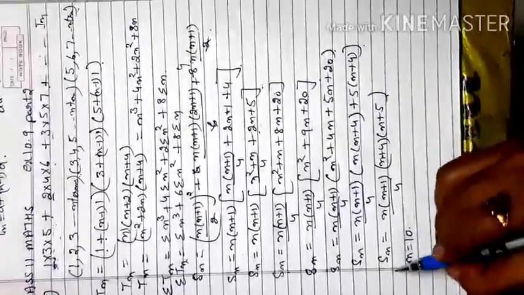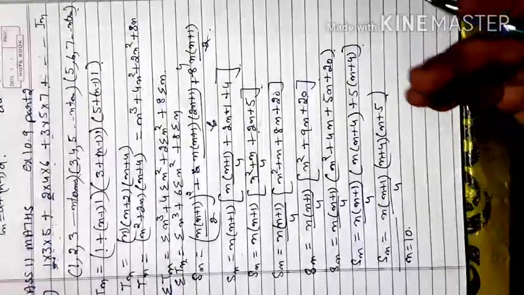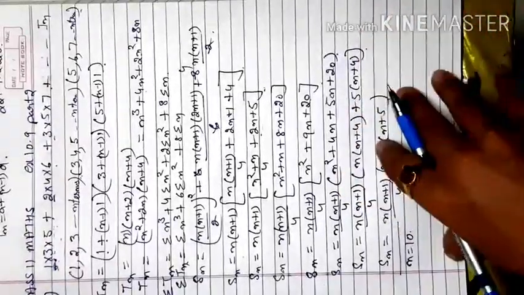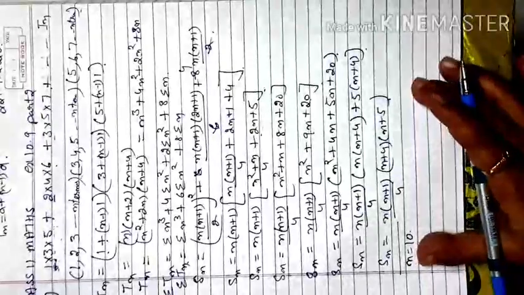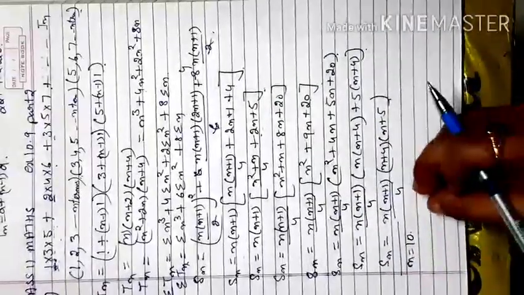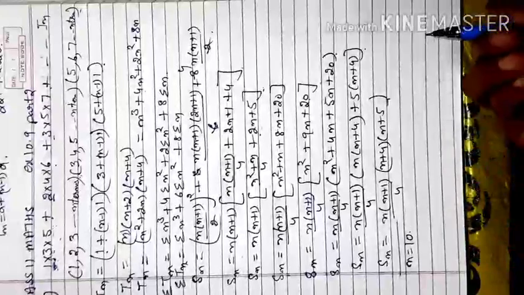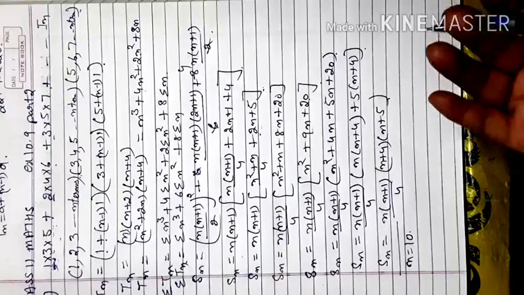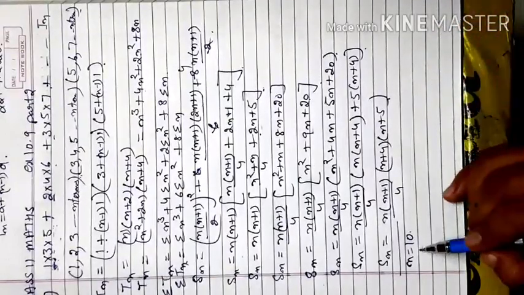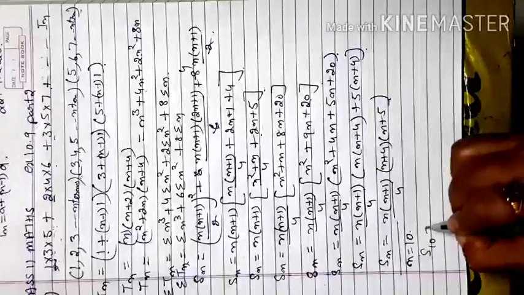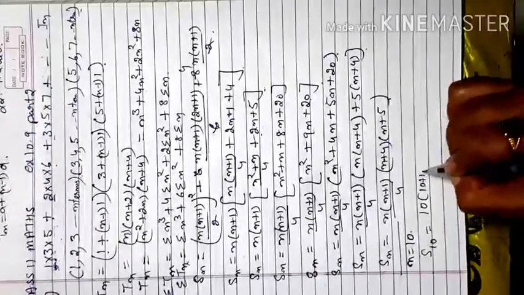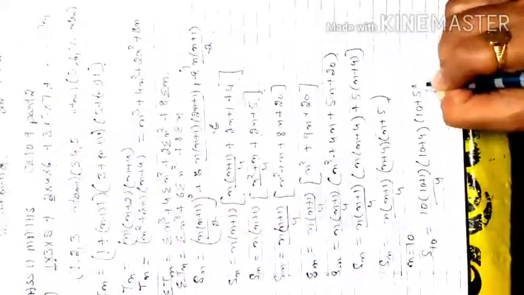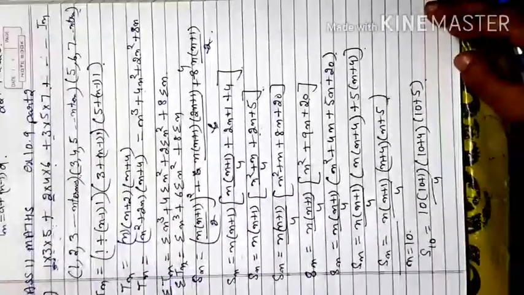I'm modifying that question here because your next question is of the same type, so I will discuss that concept here only, since I already did this part. So I just combine and generate for 10 terms. If I have to find the sum of 10 terms or 50 terms, whatever number of terms you want, you just replace n with 10: 10 into 10 plus 1 by 4, 10 plus 4 and 10 plus 5. Now after calculation you will get the required answer.